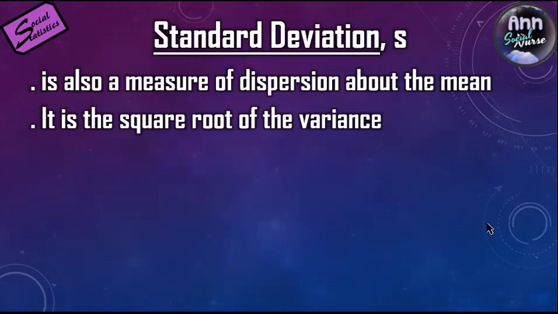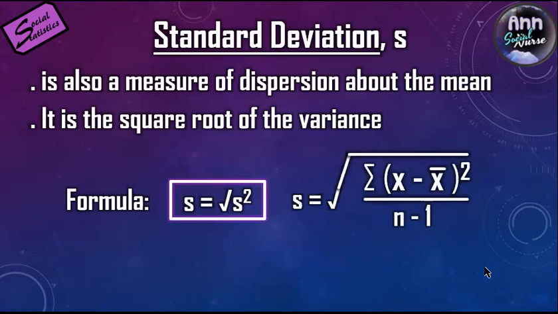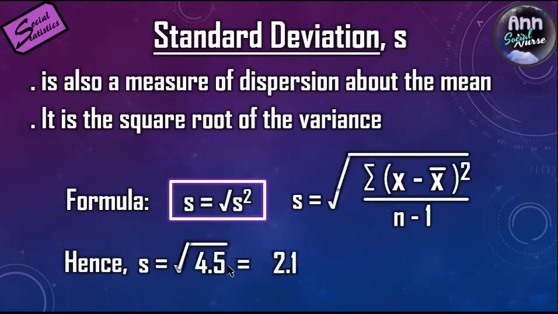Very easy. If you have the calculator, you just click on the square root of the variance. So the formula is just this. S, or standard deviation, is equal to the square root of the variance, which is S squared. Okay? Hence, 4.5, which is the variance, the square root of that is